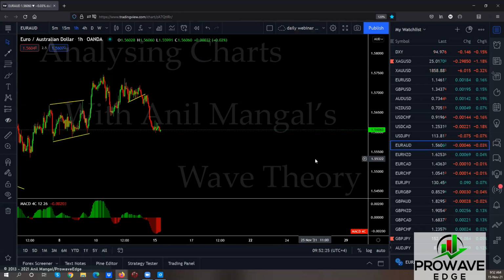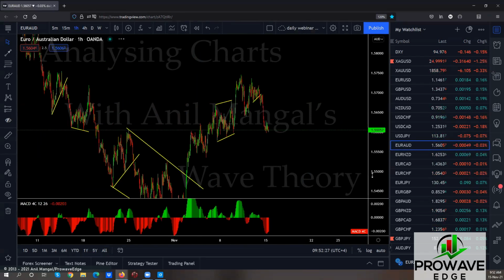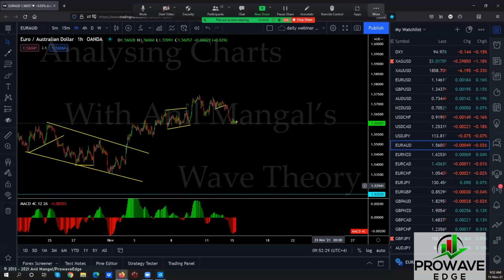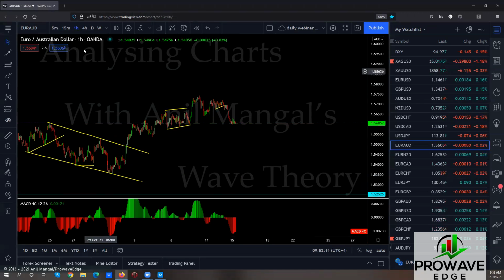Euros. I'm going slow because I'm giving you a lot of information that maybe I shouldn't, but still good for you guys. You learn something. This is making a flag here. I think this is an easy sell setup. Is this the one that's going to break out and drop to make a new low, or is it just going to come here and do this and then go back up? We'll see, but it's downside for now.